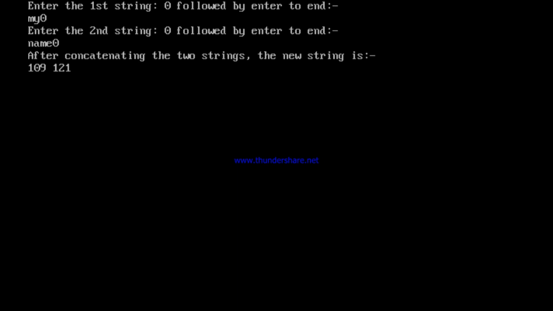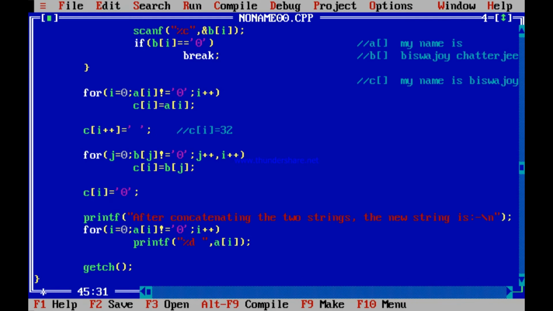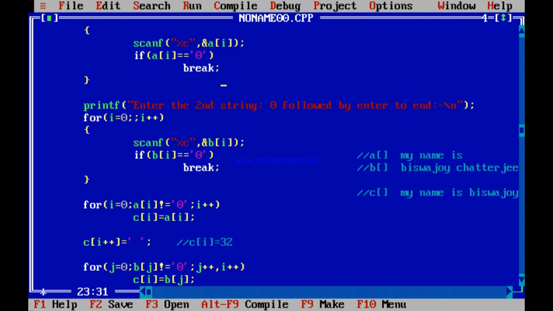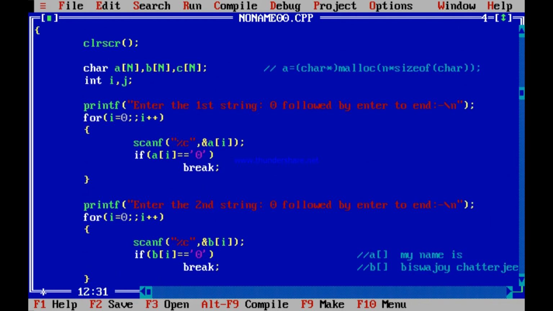See, first string does not contain the enter, it starts with 109 and 121. But whenever I am printing the second string, it is coming with an enter. But the second string, why is it coming with an enter? See, till now it never happened. But one thing you have done new: till now you have never scanned a second string in your program. This is the first time you are scanning a second string in your program. And the second string starts with an enter. Do you know how? I will tell you how now.